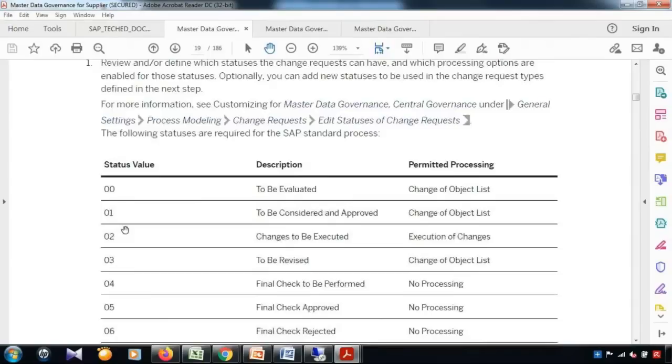Now you can see for supplier, these are all standard business activities, which is start